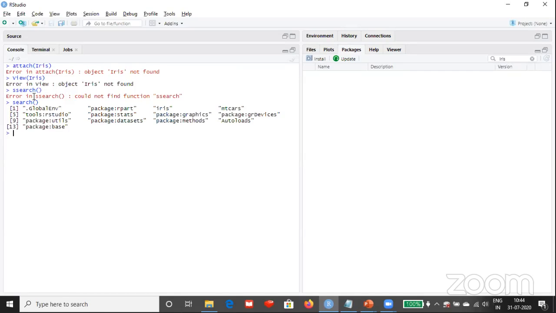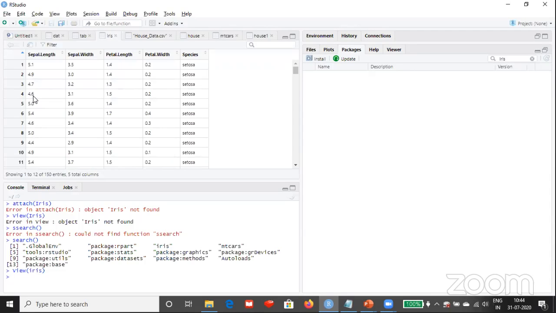That is the reason why it didn't come. And whatever I have given, I had given iris in caps. That is one of the reasons. It is already attached, so we do not want to attach it once more. When you want to view it, see, I have given it as caps. That is one of the mistakes I have done. See here, I can give a view. So view comes in the top space. Okay, so this is an existing